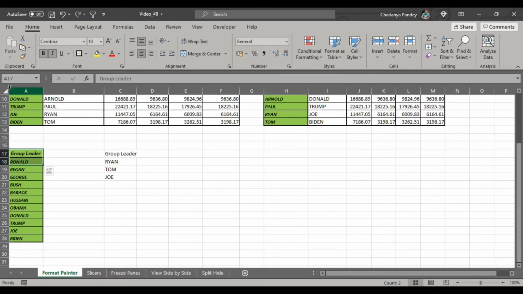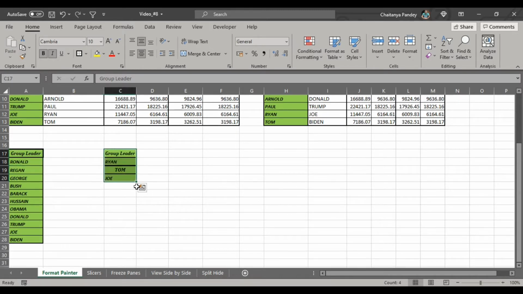So let's first select the format painter, and we would like to apply it on this set of data. So what will happen, the first cell will be formatted as the first cell of this range, the second cell will be formatted as the second cell of this range, and the third cell will be formatted as the first cell of this range. It will go back to the original, like a loop, back to the first cell, and then again to the second cell. So let's see what happens here. See, so